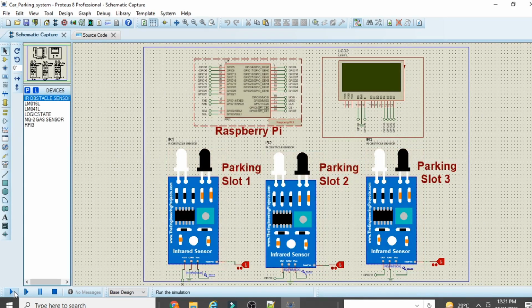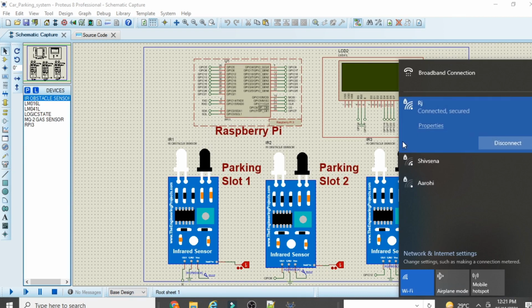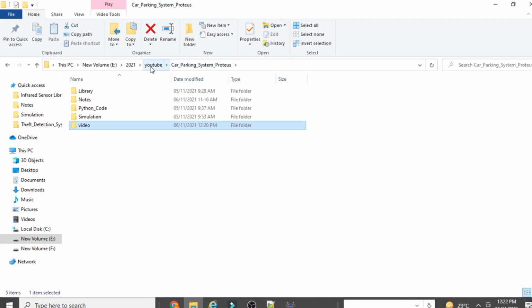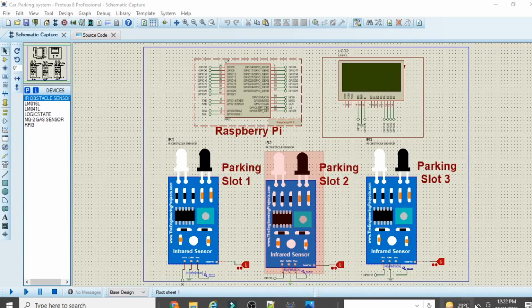Once you click on open, you will find the ready-made solution of your project. Now click on this run button. Before clicking the run button, make sure that you are connected to the internet, and it might happen, I will show you. When you run your Proteus software, you might see this type of error, Python process termination, and there is no socket linking. This happens because you don't have an internet connection, or Proteus may take 5 to 10 minutes to connect to your broker. So don't panic there.